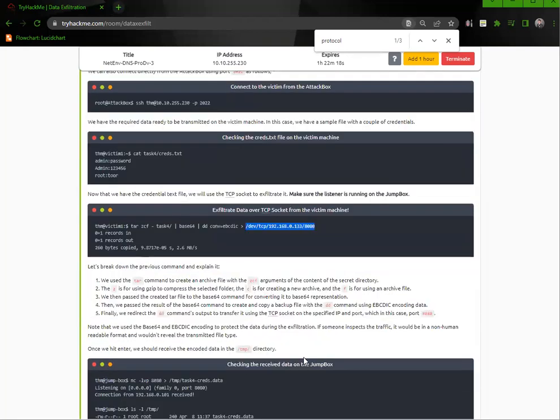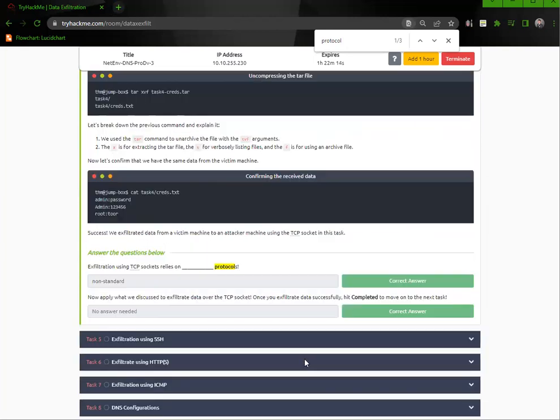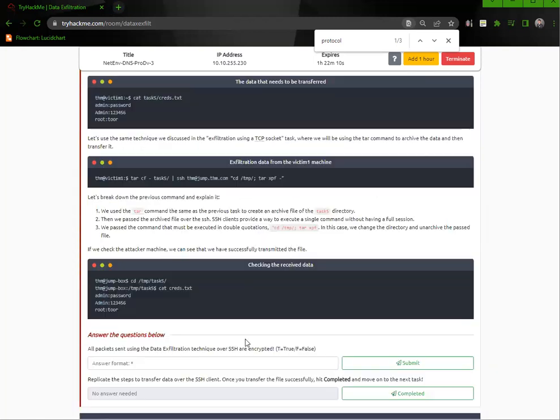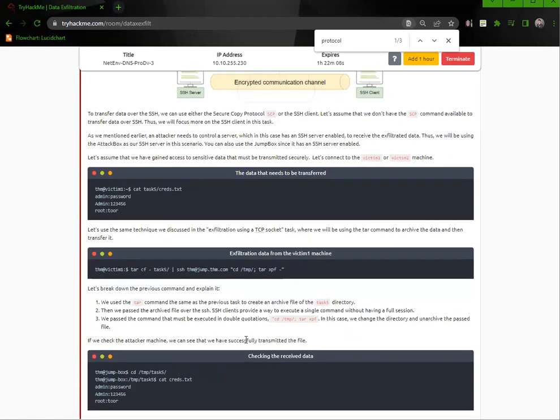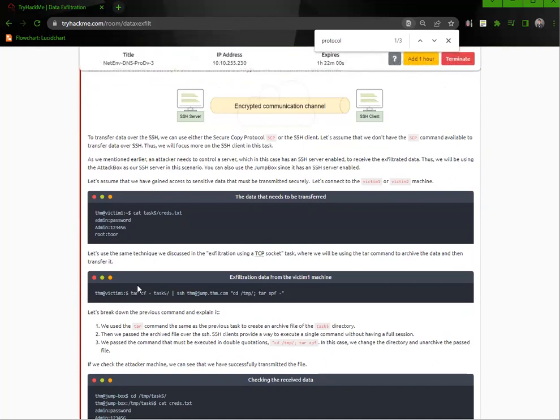I literally feel like I'm doing the same thing at this point. What's the difference? Oh, creds. I'm following the wrong instructions here. All right. But that's good. I mean, I'm set up for task 5. I'm pretty much set up for that, right? They did say it was the same steps, so